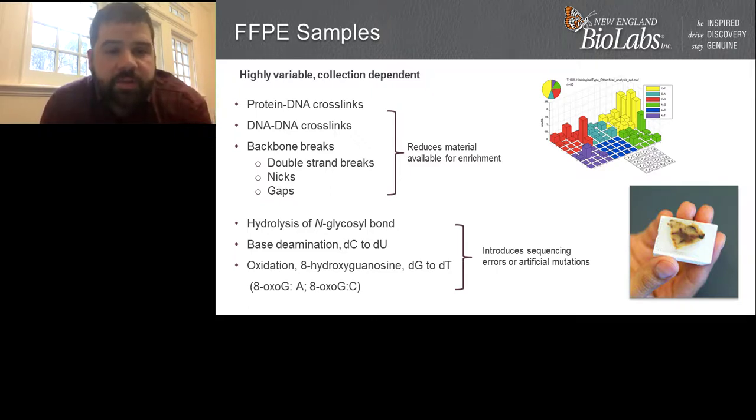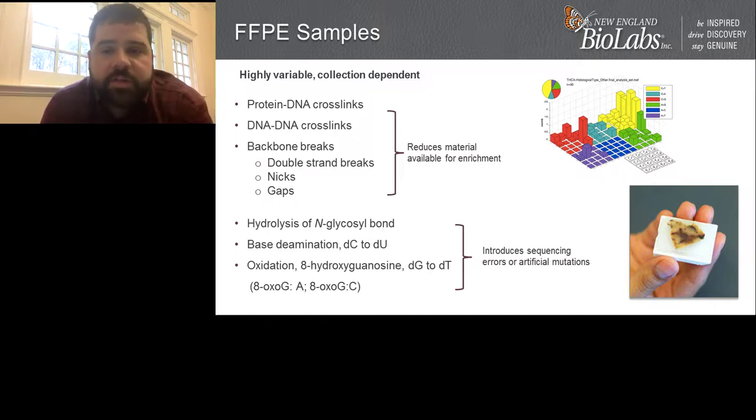creating cross-links. So you see lots of protein-DNA cross-linking happening, DNA cross-links, as well as the actual damage where we'll have backbone breaks that'll include double-stranded breaks, single-stranded nicks, as well as just gaps in terms of the content that's available. And then there are also other impacts that will cause errors, where you see things like hydrolysis and base deaminations that'll actually incur errors into those samples. Oxidation will happen where we'll actually get conversions of specific nucleotides, in this case from a deoxy G to a deoxy T,